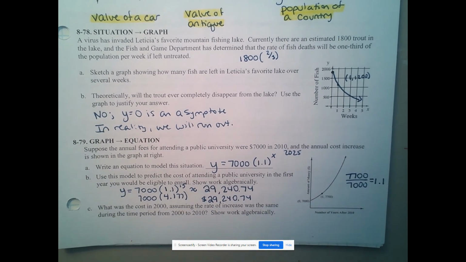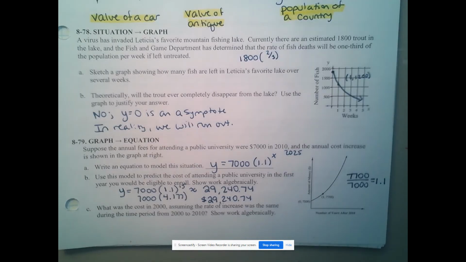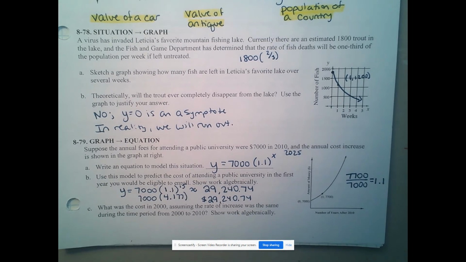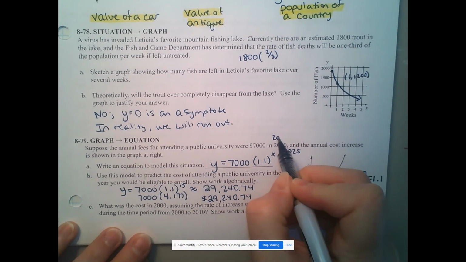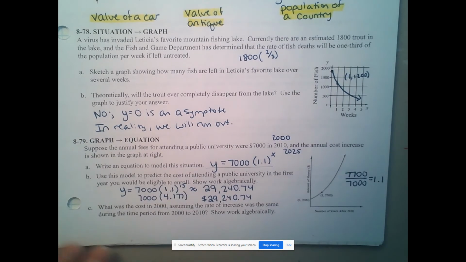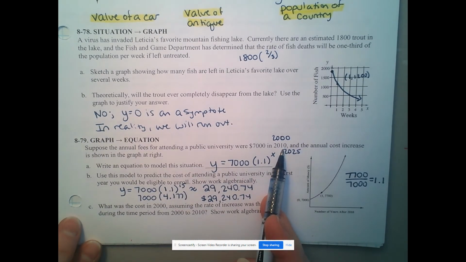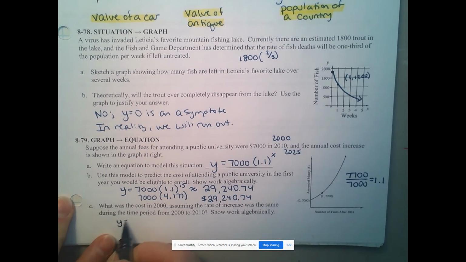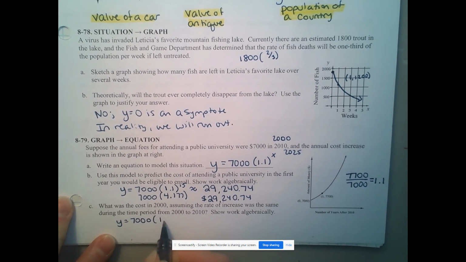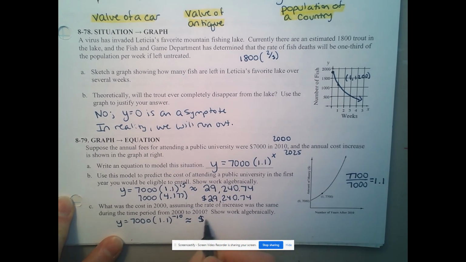What is the cost in 2000, assuming the rate of increase was the same during the first time period from 2000 to 2010? So this question is asking you to sort of work backwards and say, if this pattern had developed earlier, if it had started earlier, and we go back to 2000, that was 10 years before this 0th term. So we would need to do 7,000 times 1.1 to the negative 10th. Your calculator can do that the same way, and you would get approximately